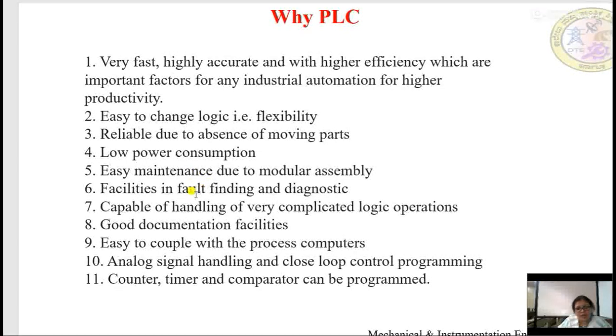That is, when and where required, we can modify the programming and remodify it n number of times and check it for our desired functionality. It is capable of handling various complicated logic operations. That's why PLC is meant for very simple to highly complex processes.